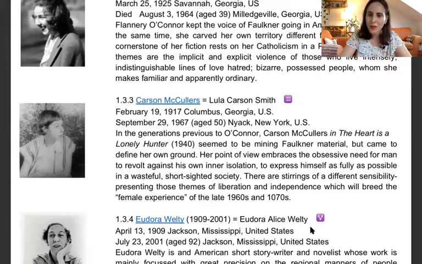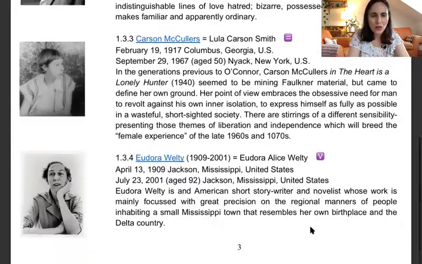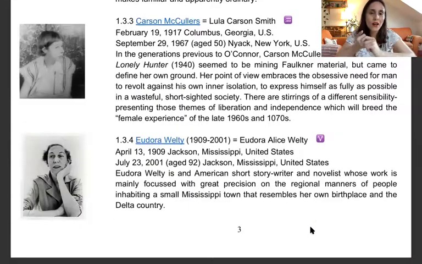There are stirrings of a different sensibility presenting those themes of liberation and independence, which will read the female experience of the late 1960s and 1970s. Forgive me, I have misspelled there. That's a 19, not 10. And then we continue with Eudora Welty,